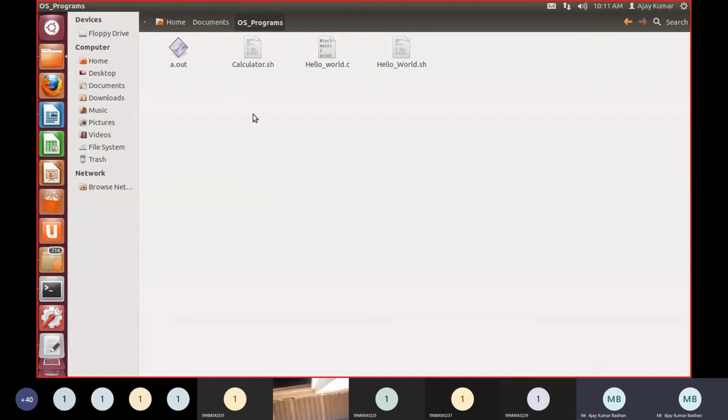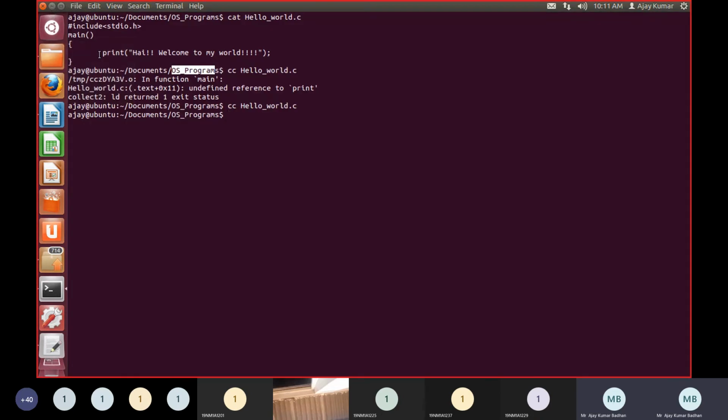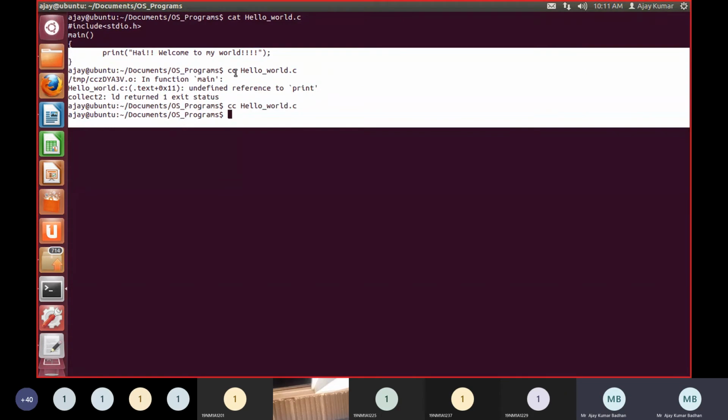Whenever you write a C program, it is executed using the command ./a.out. This is required. Whenever you compile a C program, you will see a file like this, a.out. If it is created, you can execute that program, or else you cannot. So how do we compile the program? cc hello_world.c, this is the way we have to compile.